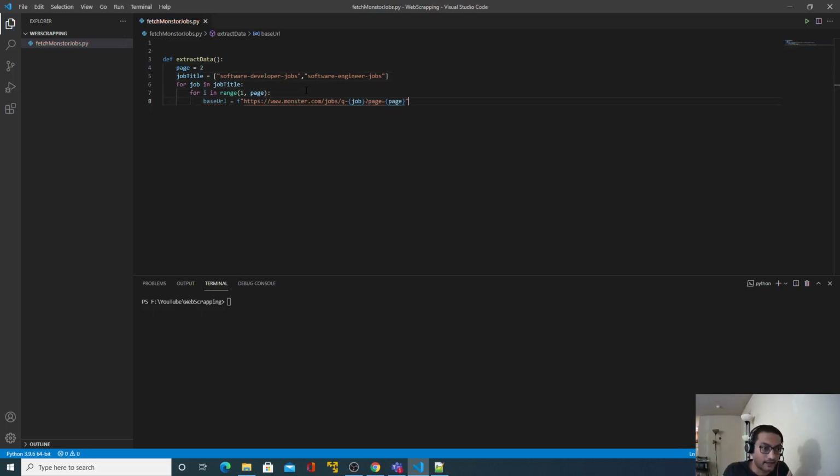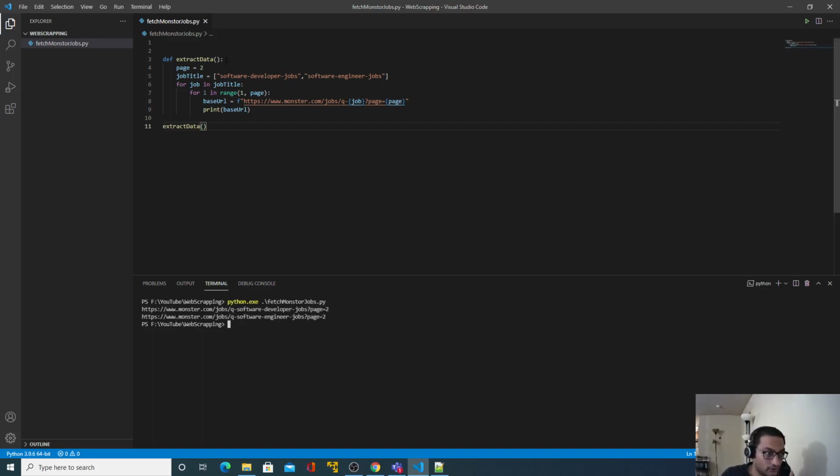And I will print this base URL now. Perfect. And I will call this function also. Let's check this. I think it will work. So fetch monster jobs. Perfect. Since I started with 2, I should start that with 1.